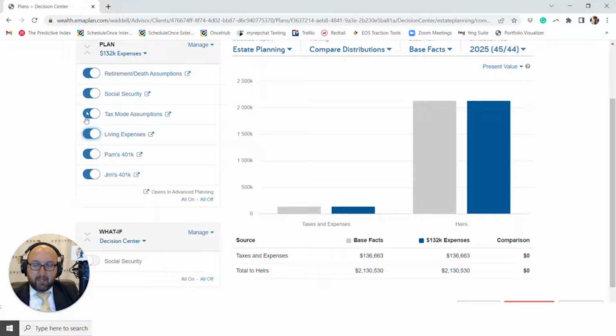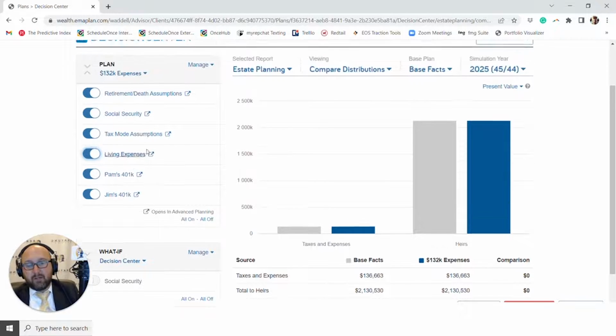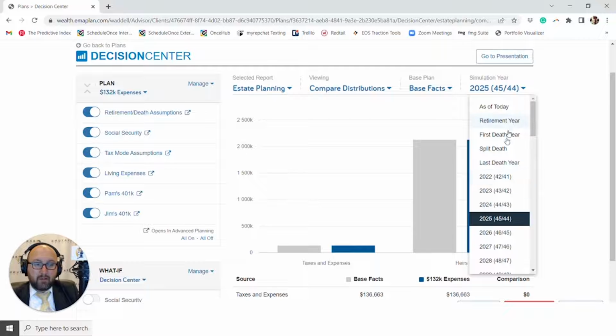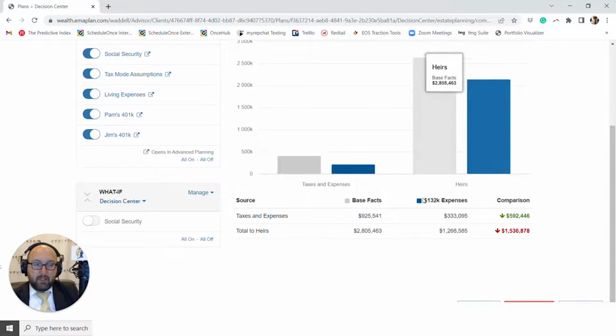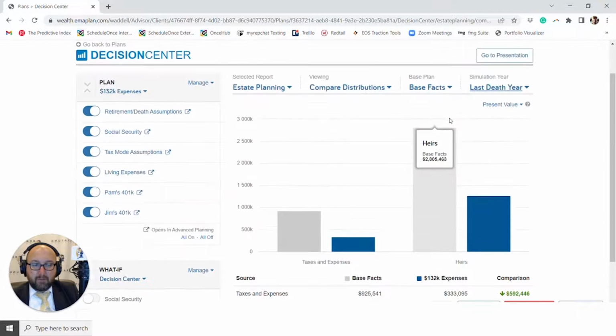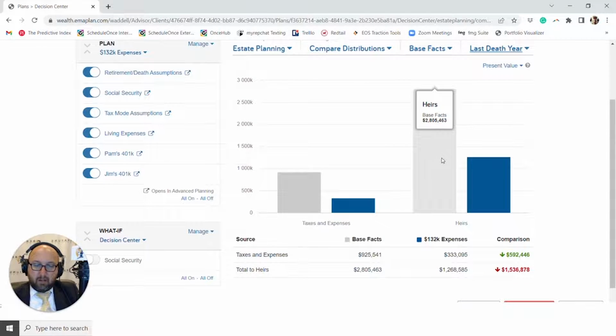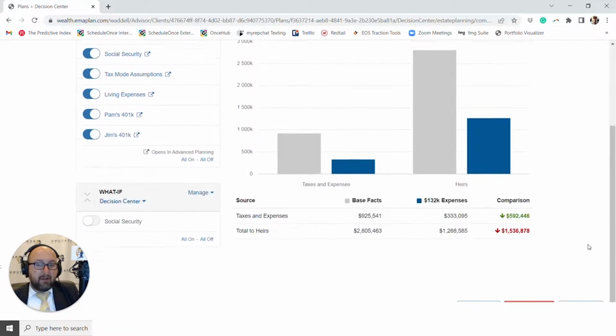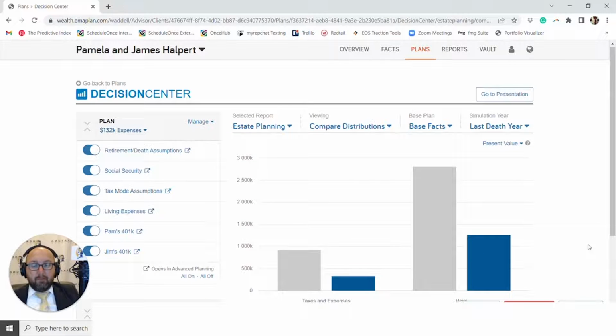And what's nice is we can isolate some of these and turn these on and off inside of here. You can also compare two different plans that you build out as well. We're going to go here to last death year, and you can see the delta or difference between what they would inherit over here versus what they would inherit over here, and it gives you a nice little spread. Problem, and again, I have some present value, so these numbers aren't that overinflated for the client to see,